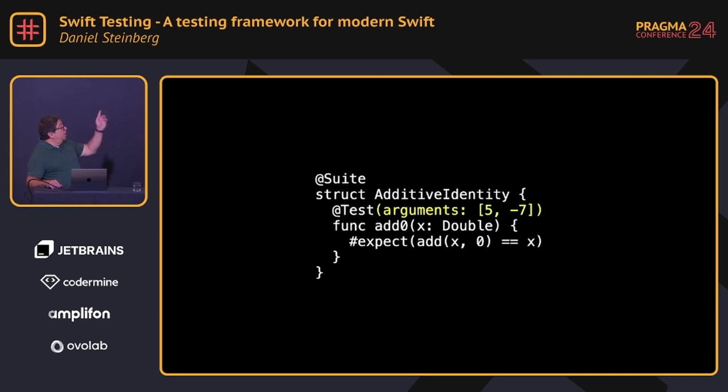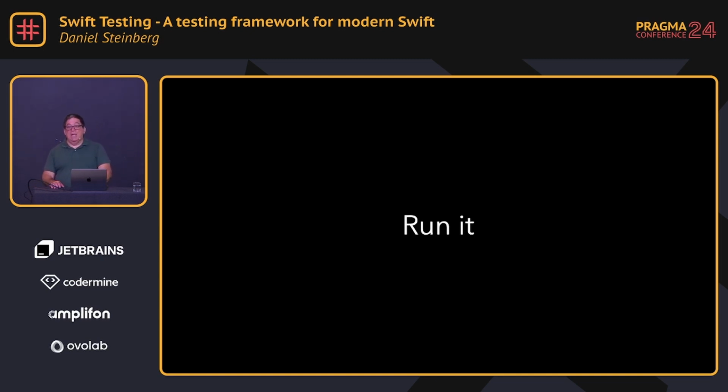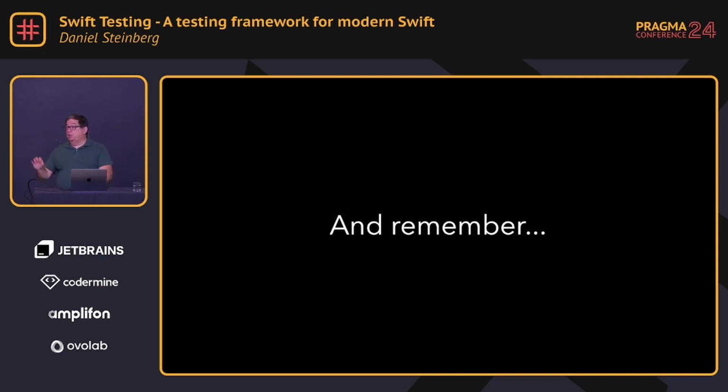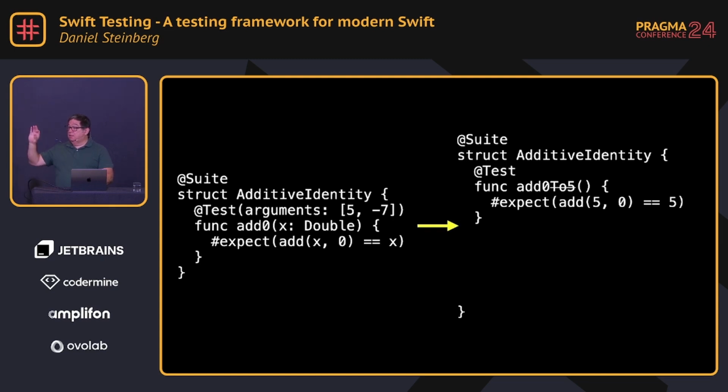Swift testing says, well, we can pass in some arguments, and we run it, and it expands it and runs it like this. And remember, it runs it for 5, it runs it for -7. What I want you to remember is it runs it independently. And so you get independent results. It might pass for one of them, but not the other one. For instance,